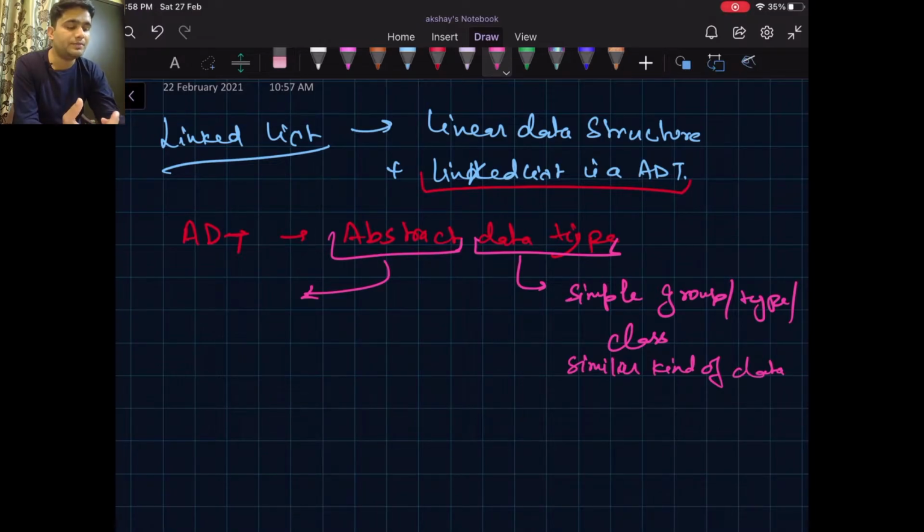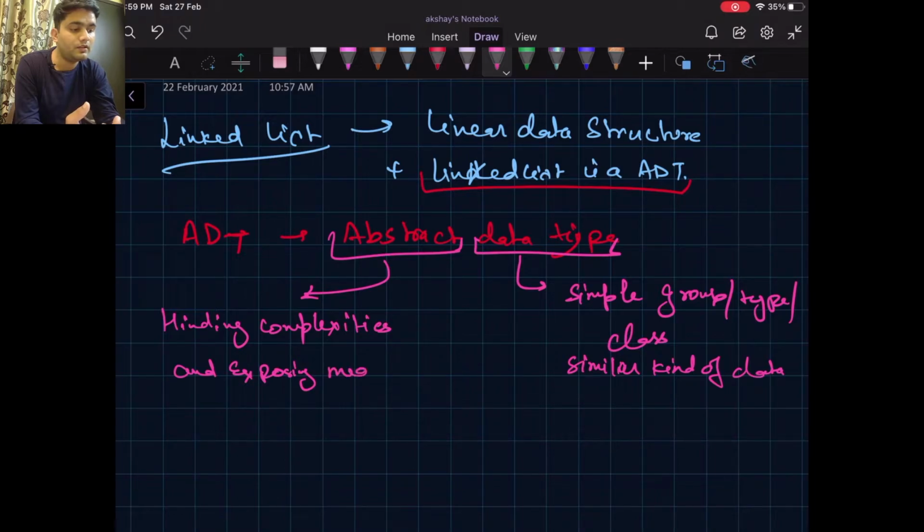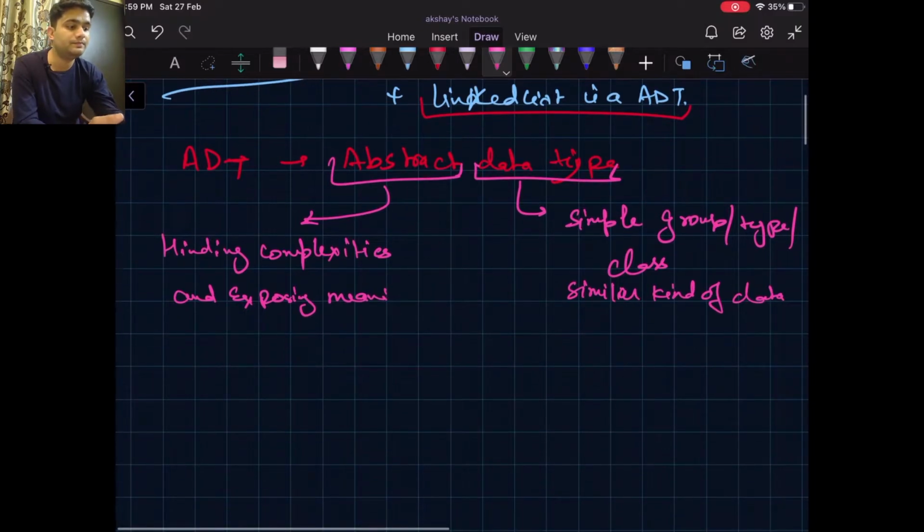So abstract is basically hiding complexities and exposing meaningful and useful functions or data or whatever seems useful to the users.